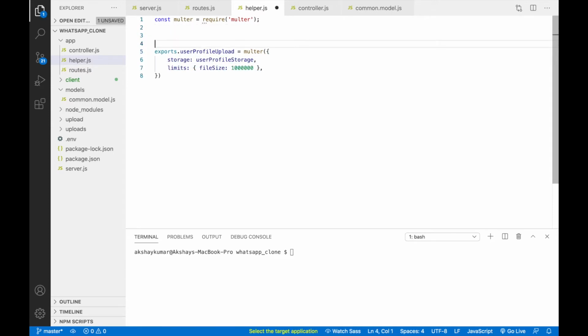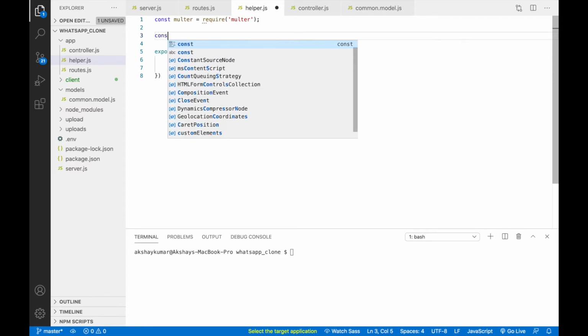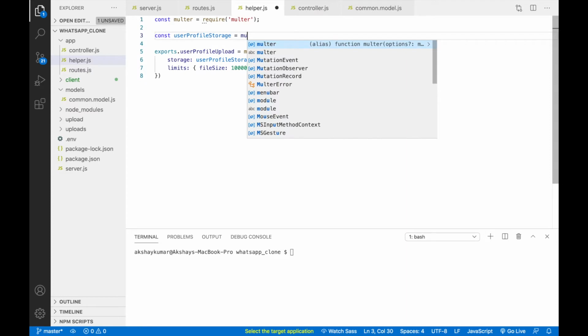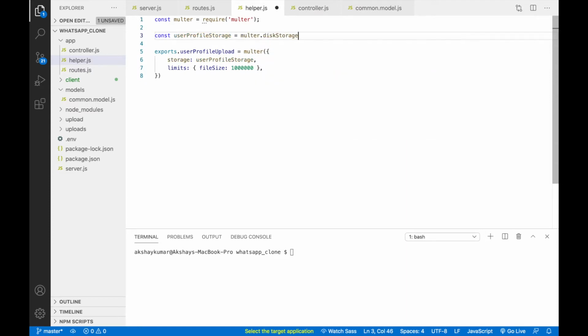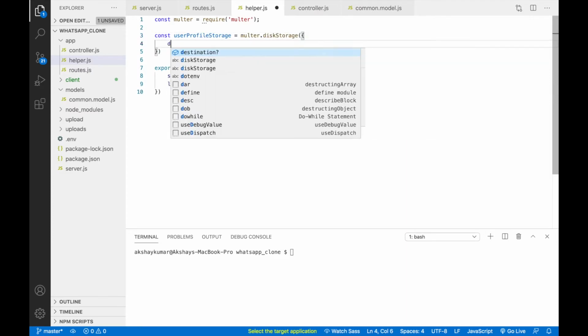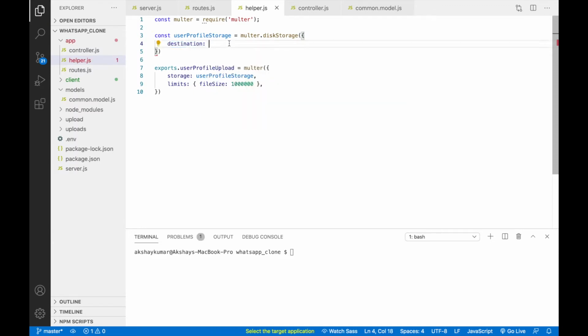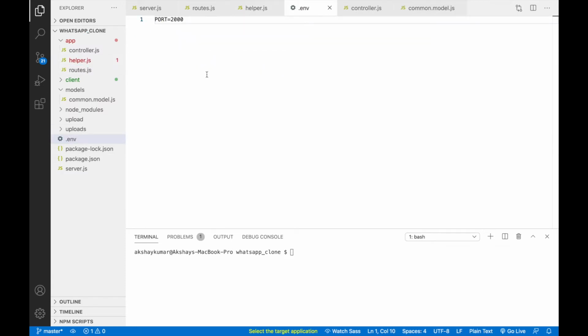So we'll create this method on the top. Okay. So const this method equals multer.diskStorage. Here we'll write destination. Destination means we have to provide one destination where that middleware stores that image, right? So let's say I will open the env, and in the env I will write PROFILE_IMAGE_PATH.